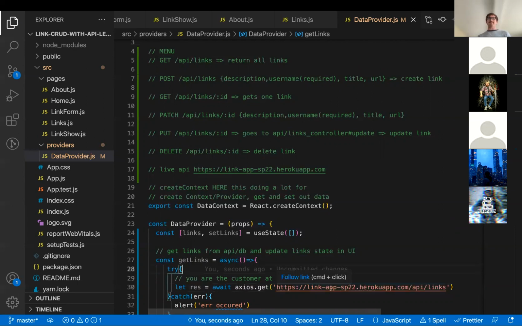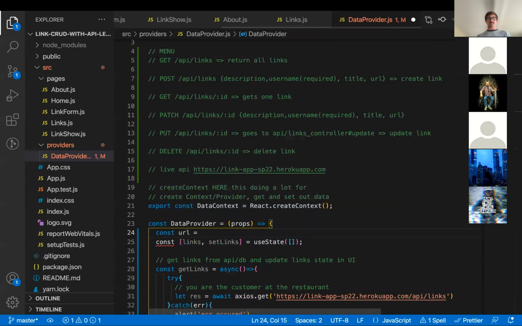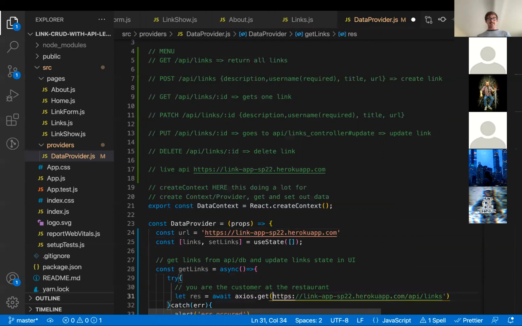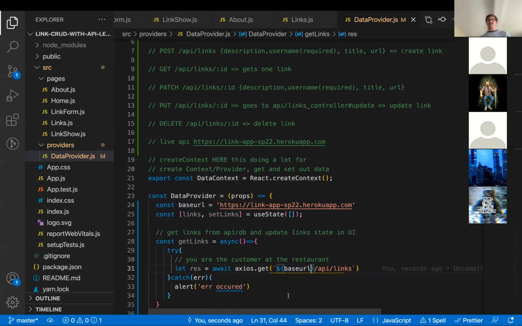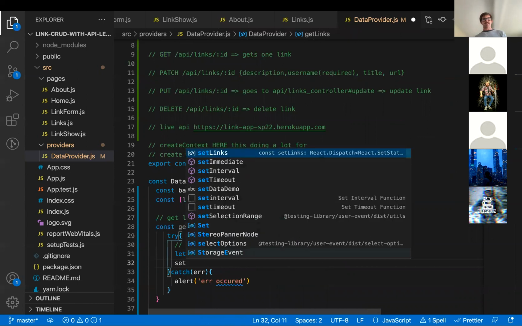But this one is a specific thing. And something I could do to clean this up, I could do something like this, const URL equals this string. And then I could interpolate it, so I don't have to type that whole thing out. I could just use that URL variable. Call this like base URL. Might clean up my code a little to do that. Cool. And then set links